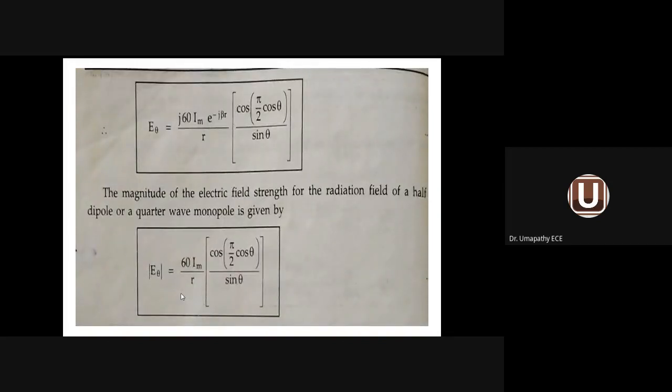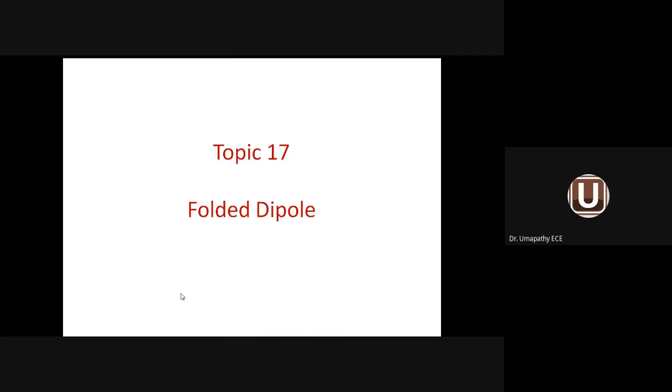So here also, initially we write the expression for Im, then dA Z. Integrating that, we get the vector potential A Z. From A Z, using Maxwell equation, H pi. From H pi, the basic formula, we get E theta. Of course, this expression is very simple when compared to the previous one. So if you are able to understand the previous expression, that is radiation from oscillating current element, this topic becomes very, very easy. And half-wave dipole and monopole are practical antennas, whereas oscillating current element is an ideal antenna.